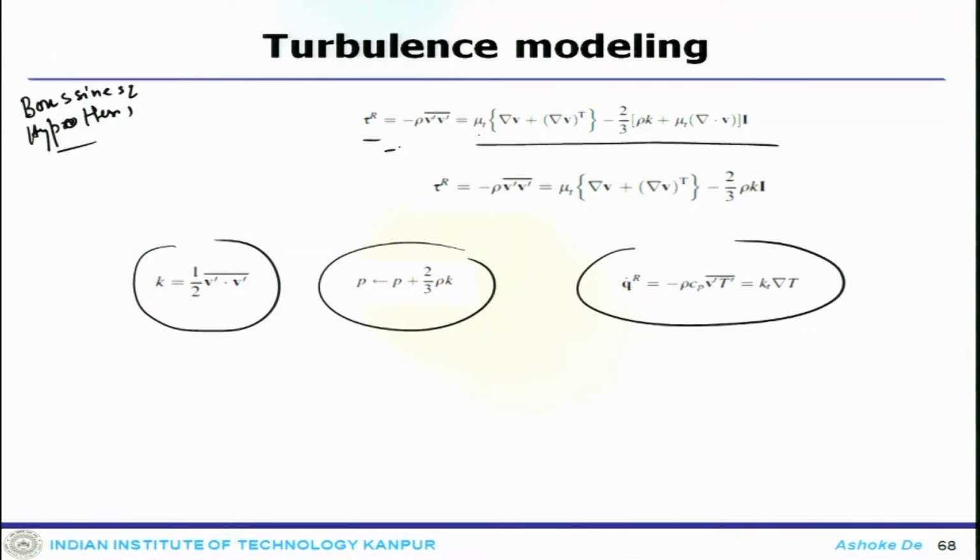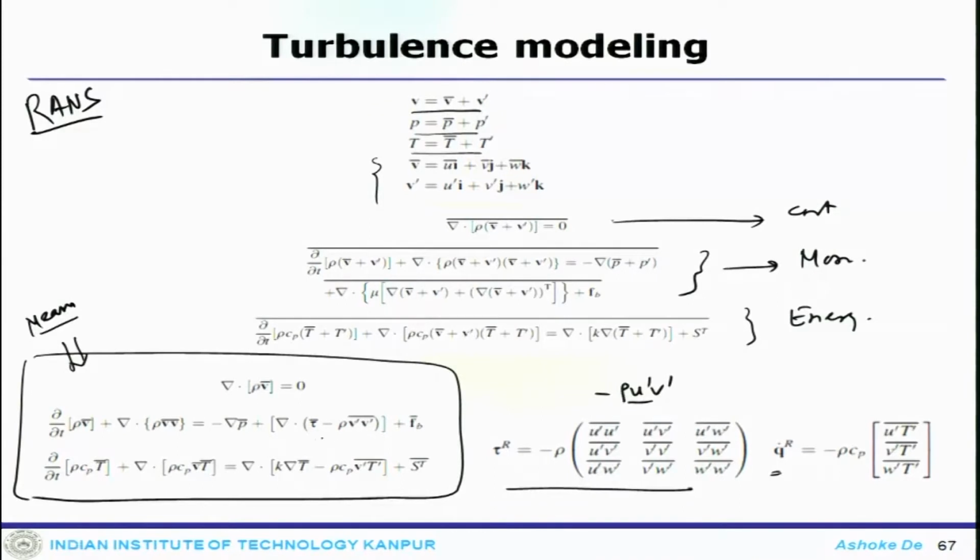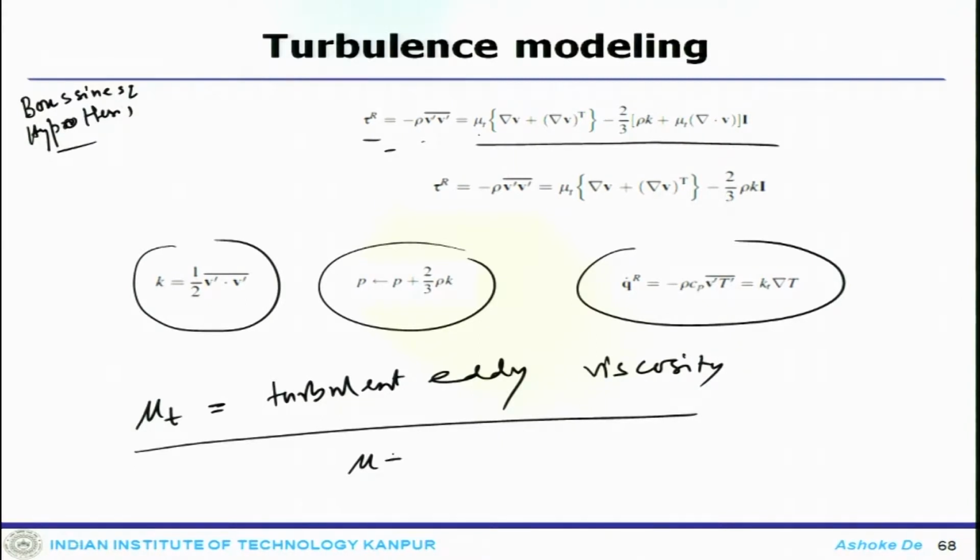So, this Reynolds stress term becomes a quantity which can be correlated with mu t, and this mu t is the term which is called the turbulent eddy viscosity. Now everything boils down to this. If you look at the system here, it will be a diffusion term which will have some effective viscosity, mu plus mu t. That means this is your effective viscosity in your momentum equation. Similarly, in your thermal equation there will be effective conductivity.